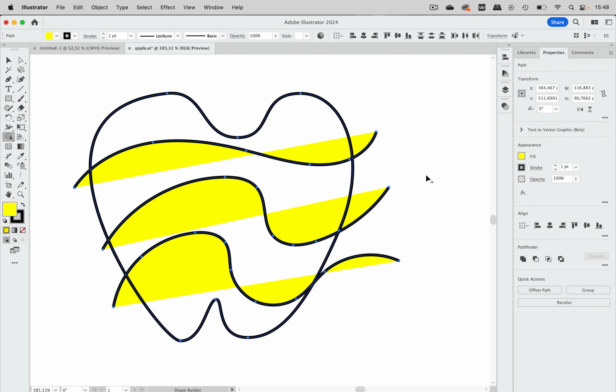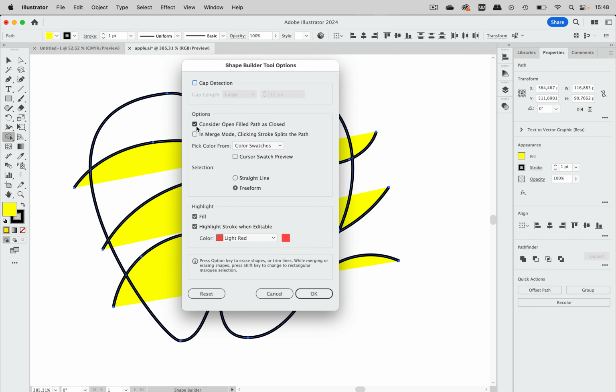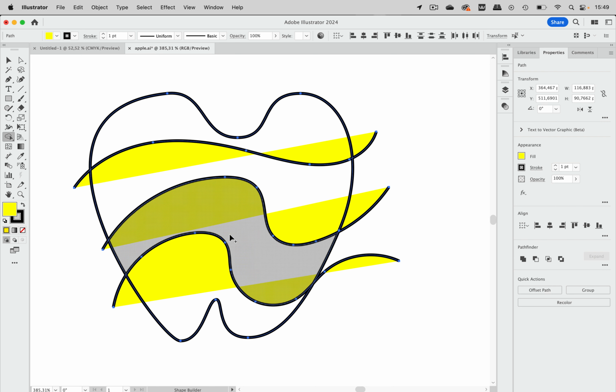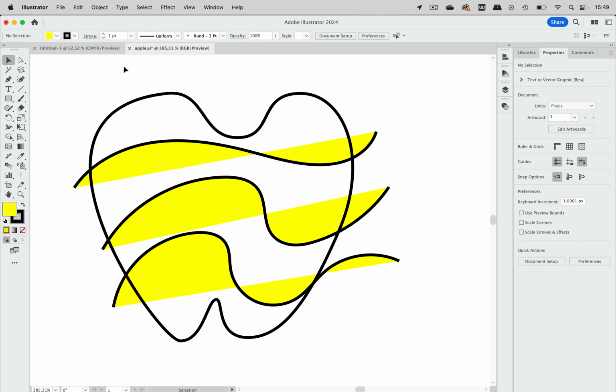So what the Shapebuilder does here is it acts as if these open filled paths were closed, and then it would create these. Now there are two kinds of actions you can take to get rid of that behavior. One is you could just check that off. So, and then you see it's gone. Illustrator doesn't care if there's a fill or not. And the other action you could take is,